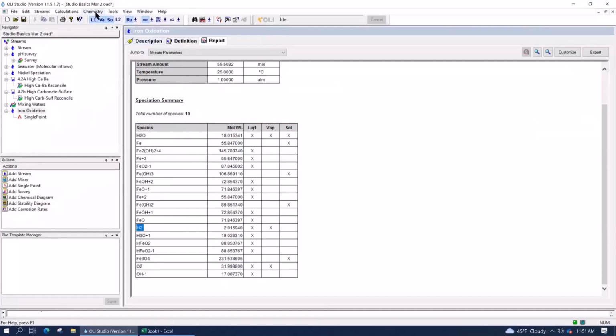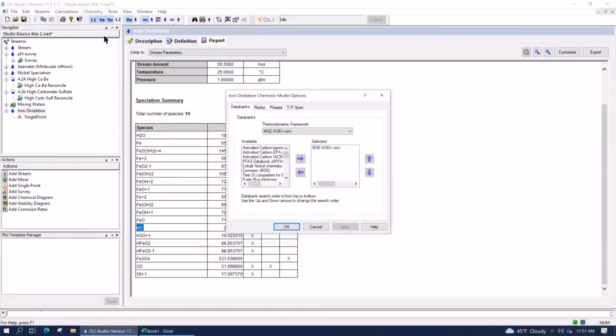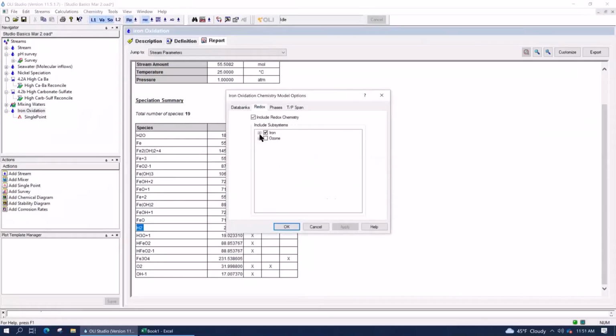Going further with that, if I were to click on chemistry and then model options, and then I go to redox, and then I expand each one of these sections in redox, you can see that there are little pluses, little check marks for each essentially oxidation state.